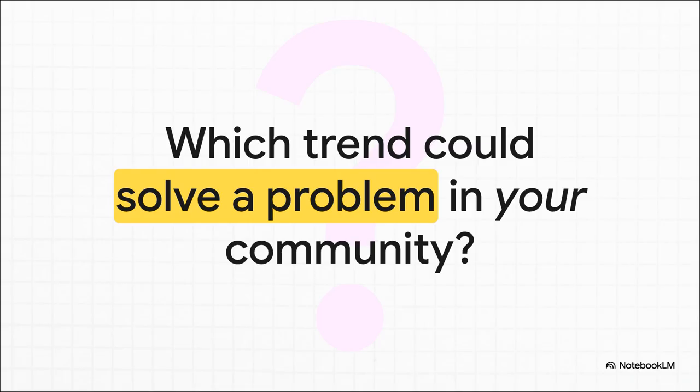So I want to leave you with a question to really chew on, and I mean it. Really think about this. What's a problem in your community, your neighborhood, your city that just drives you crazy? Something you see every single day and you think to yourself, there has to be a better way. Now look at these powerful tools we've talked about, AI, blockchain, IoT. Could one of them be the key to solving that problem?